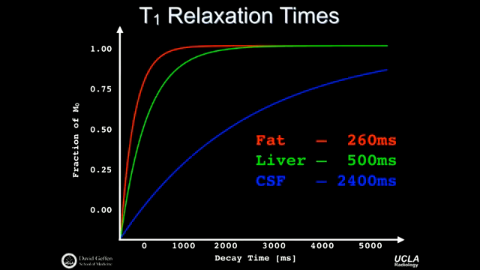I said this before, but different tissues have different T1s. So when you think about how the magnetization returns to its equilibrium state, it's going to obviously depend on what its underlying T1 is. If all of these tissues, this axis got shifted somehow, if all of these tissues are starting off at 0, for example, then fat's going to recover relatively quickly because it has a short T1. And within about 4 or 5 time constants, it'll be at about 100% of its signal value. Whereas CSF, which has a much longer T1, is going to recover much more slowly. And at the end of 5 seconds, say, it's only recovered about 2 time constants, and it still has more